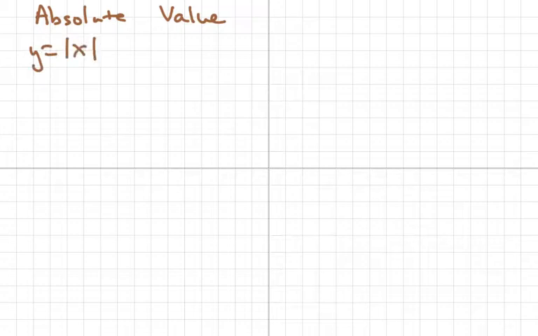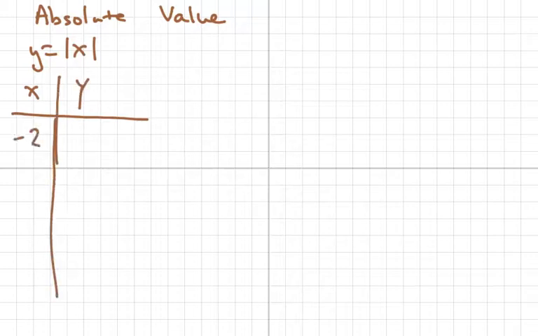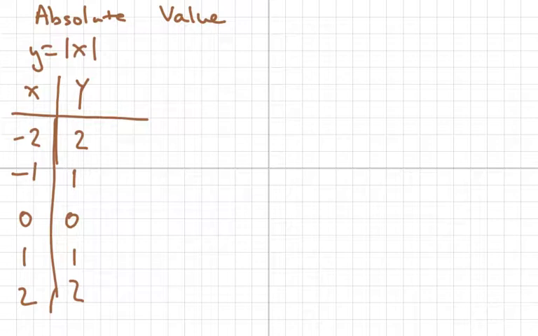So our next function that we care about is the absolute value. Okay, and this one is y equals absolute value of x. So again, if we go x, y, we're just going to use our points, negative 2, negative 1, 0, 1, and 2. We get the same thing, right? Except if it's negative, it's now positive. So the shape of this is going to be